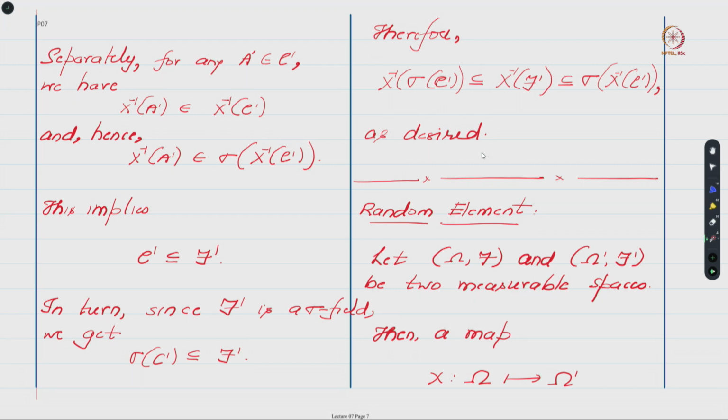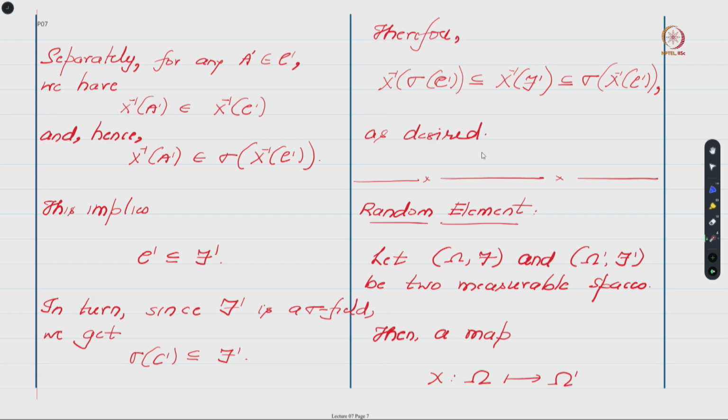Okay, so let me now summarize what we have done so far. We have defined this inverse map. First we defined this inverse map on the power set of omega prime, then we extended this definition of this inverse map from the power set to a collection of subsets of omega prime, and then we showed that this X inverse map actually enjoys several interesting properties. In particular, we show that if you have a sigma field of subsets of omega prime, it can be taken back to the sigma field of subsets of omega,